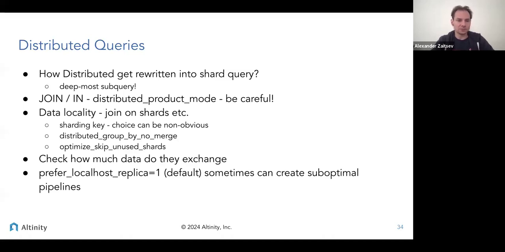Second is using joins and IN conditions if you have two distributed tables. Be very careful with that. It may affect your performance 100 times if you do it in the wrong way. By default, ClickHouse doesn't allow you to do joins with two distributed tables, but users tend to override this and get into trouble. Another very important thing to think about is data locality, how your data is distributed amongst shards,